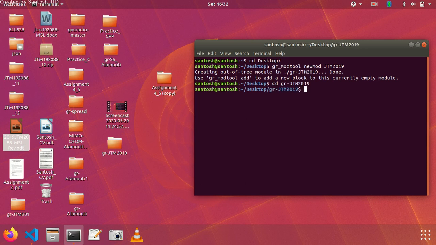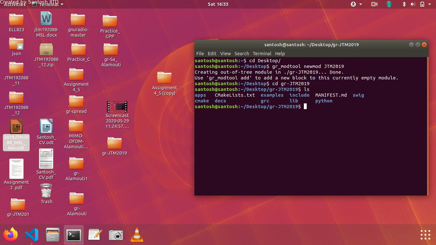As you can see, this module contains some files and folders, like apps, examples, and include files. I'm going to tell you about the three folders you need to consider here to know how to make a block: grc, lib, and include. You also need to know about SWIG here.